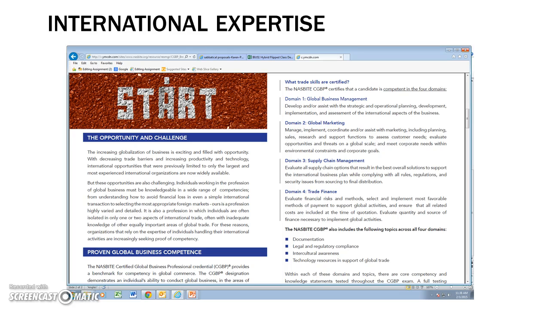All of these 4 domains are covered in our international business classes, which include not only this one, IBUS1, or Introduction to International Business, but also IBUS20, which is Export-Import, IBUS52, which is Supply Chain, and also covers international marketing, IBUS60, which is International Business Law, and IBUS75, which is Logistics.